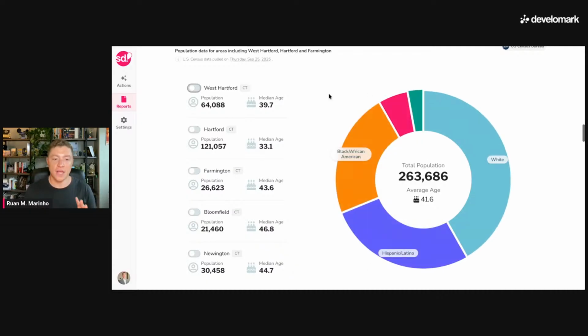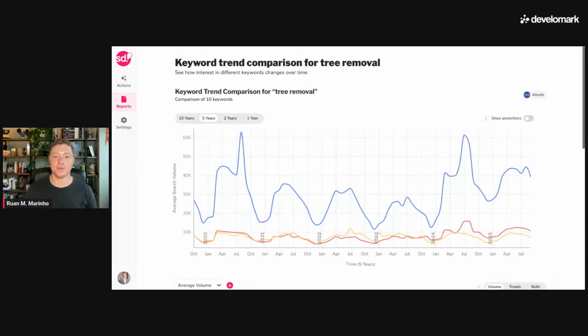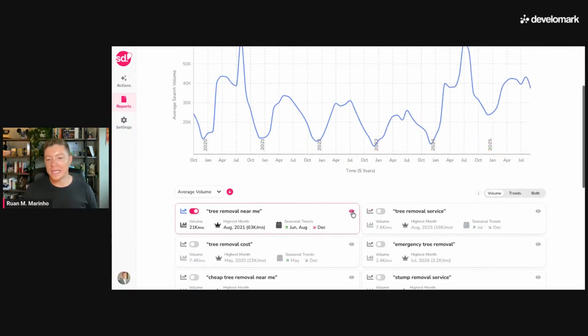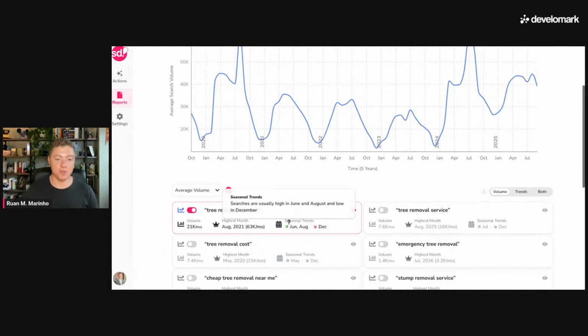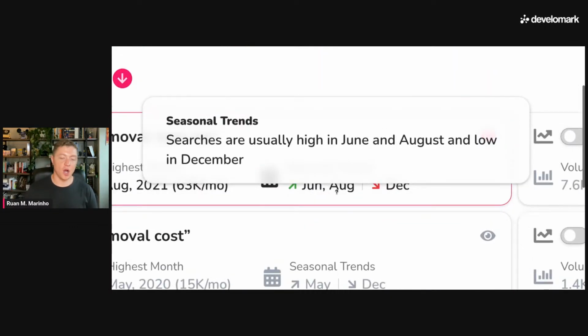So let's keep going. As we looked at the demographics, we now have some clear information of how much we're going to spend. We now have some clear information of who we're going to target directly on the website. Now let's look at the trend. So this allows me to see at a keyword level what the seasonality is for a lot of the keyword phrases. As you can see for tree removal, their seasonality is usually high in June and August and low in